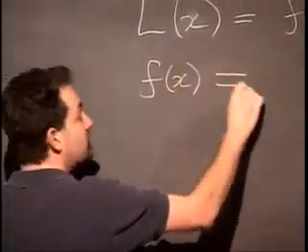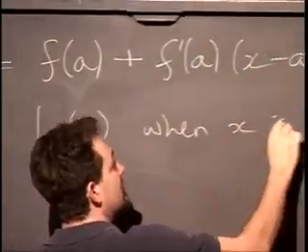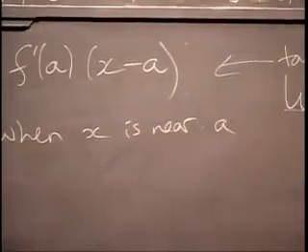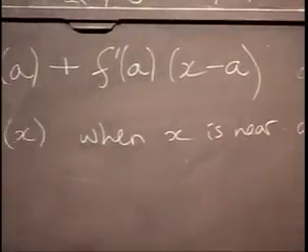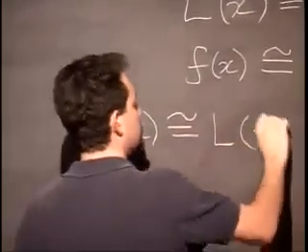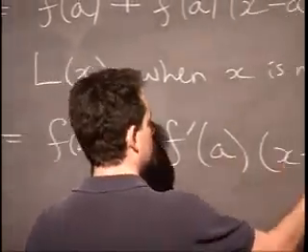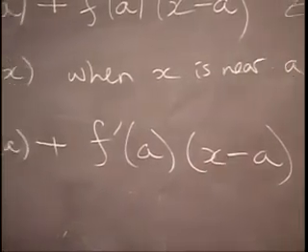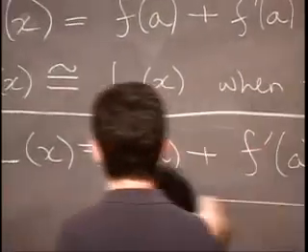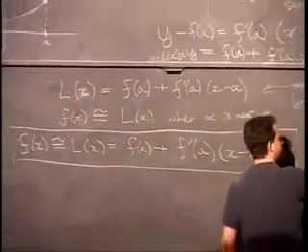So actually, the full formula I want you to learn, we are assuming also that f of x is approximately equal to L of x when x is near a. And remember, it's perfect when x equals a. But near a, this is good. So I'm just going to combine these formulas for something for you to learn. But I do want you to understand where it comes from. There's the formula with the understanding that the approximation is valid